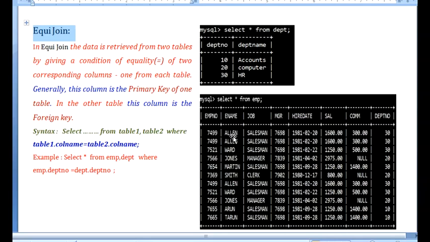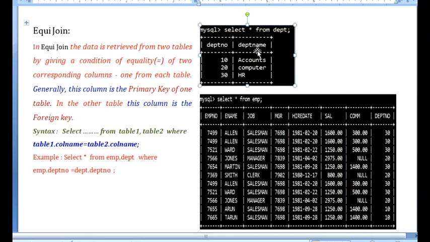Employee number 7499, Alan, is working in department number 30. Now where do we get the data related to 30? From the department table. Here you can see the department number 30. What is the name in front of this 30? HR. So we can conclude that Alan is working in the HR department.